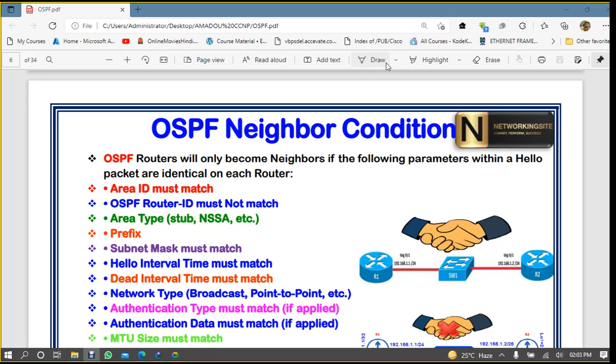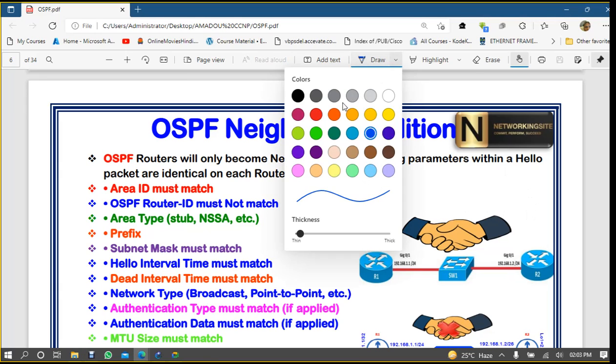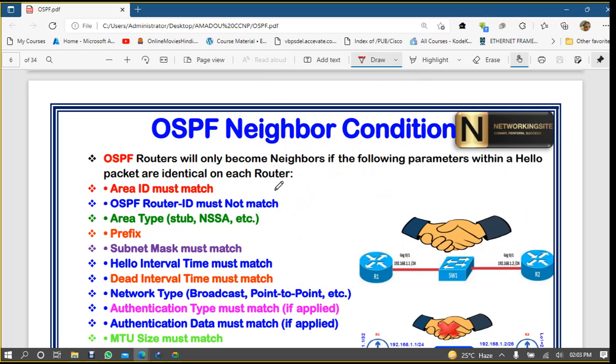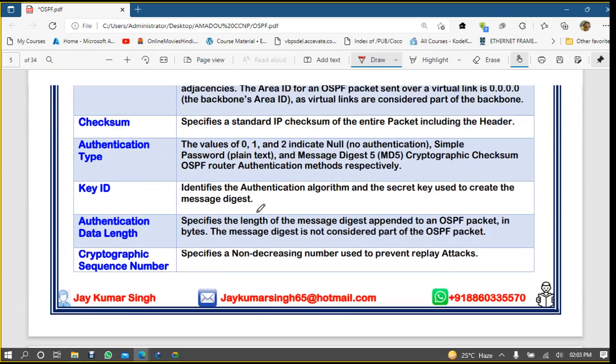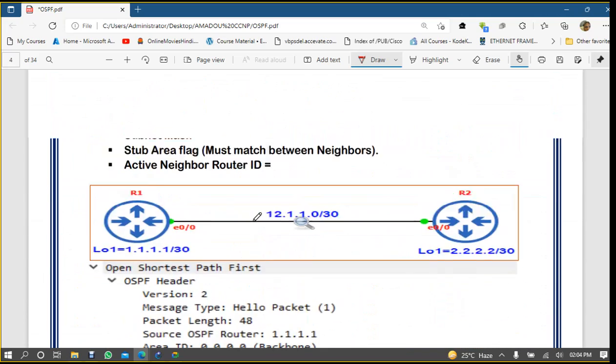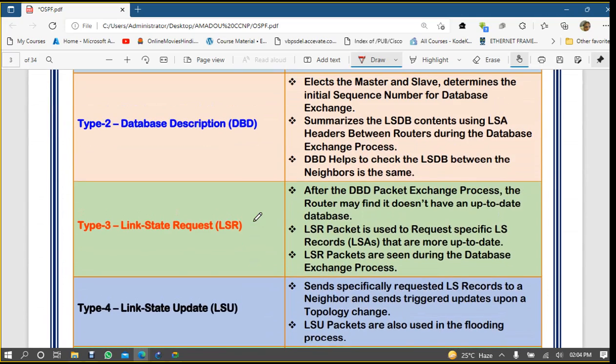Okay, so last time we completed the basic OSPF theory. What is OSPF? What is the OSPF administrative distance? OSPF works on areas. And we talked about OSPF messages, and you already know that OSPF has five types of messages, like hello,